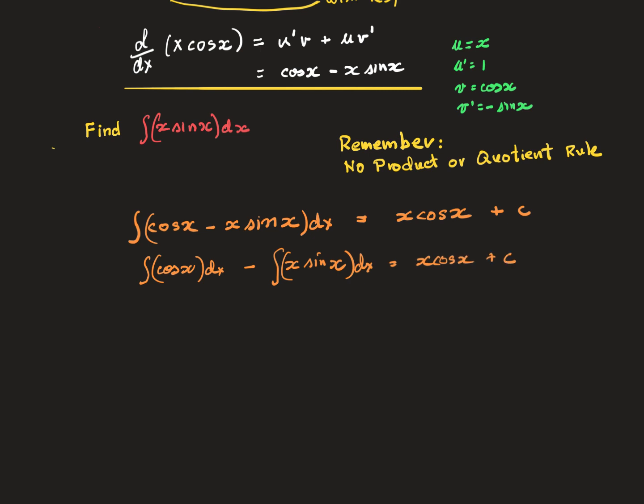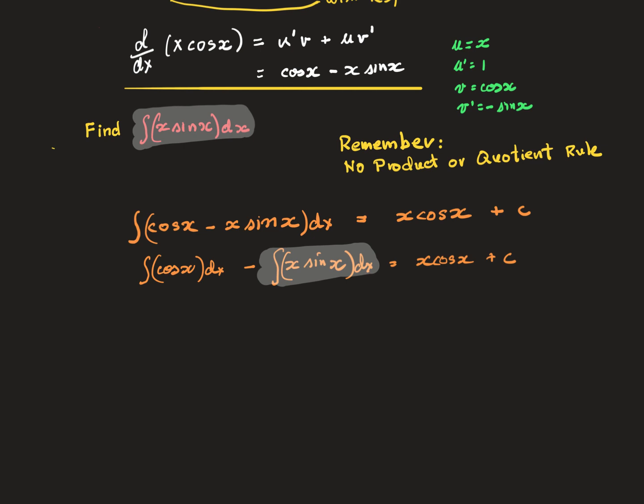I should be able to identify that this integral over here is exactly the same as this integral over here. And from now, the process is simple. We just do